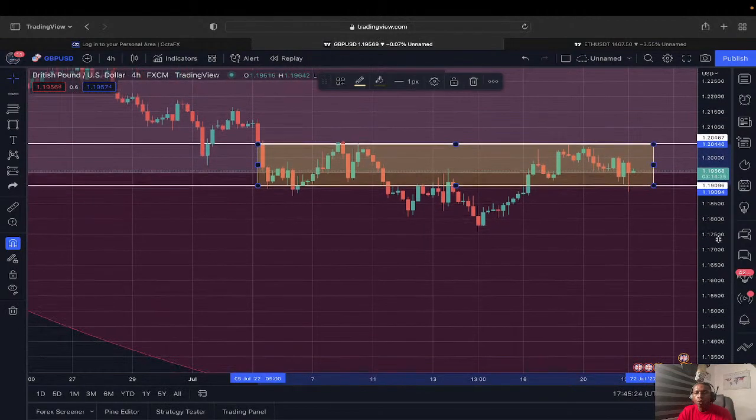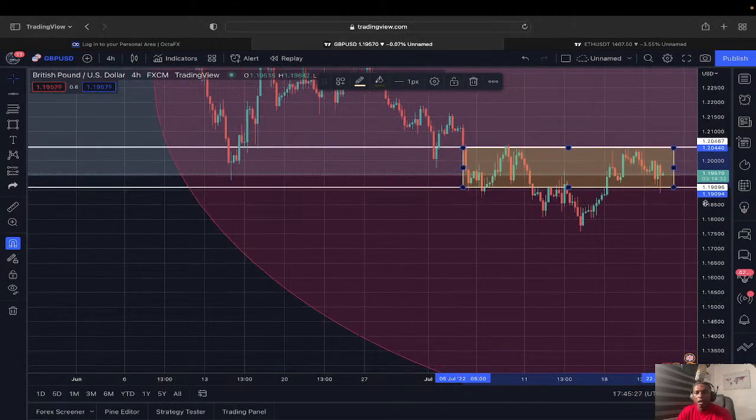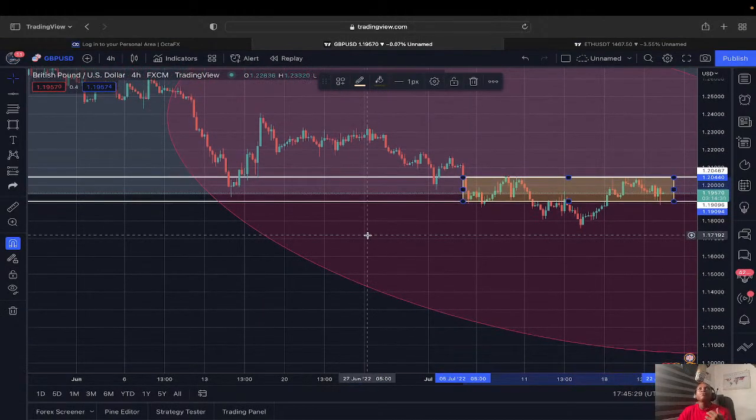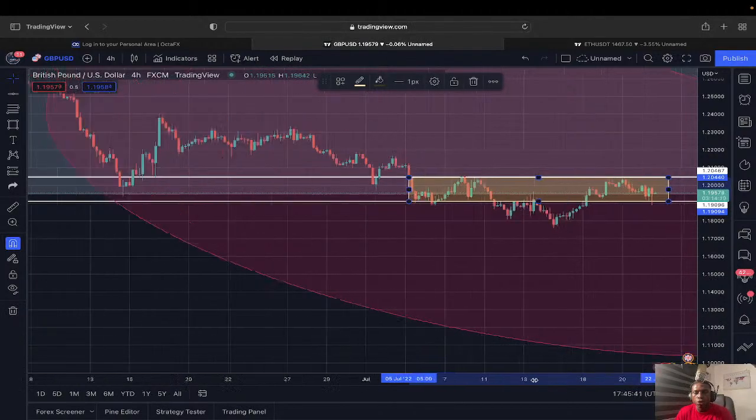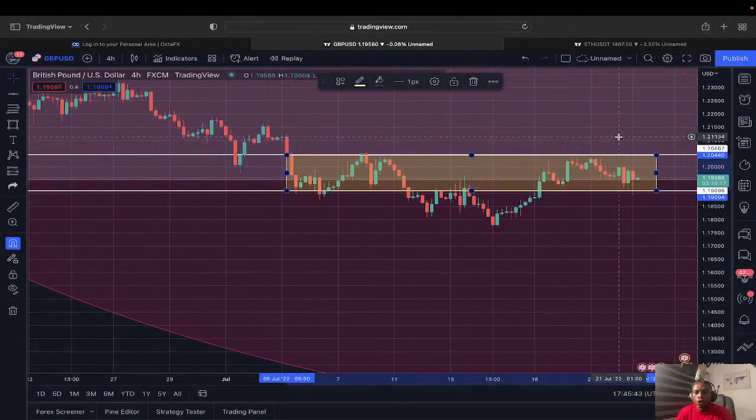That's for you who want to take advantage of the short-term price movement. If you are looking for a swing trade, you might look out for a bearish position. If you are looking for intraday trading, you might want to observe how price reacts at this level. If price breaks out of this level, you want to wait for a retest before going bullish. If price breaks down below, then you want to wait for a retest before going bearish. That is one way you confirm your trade.